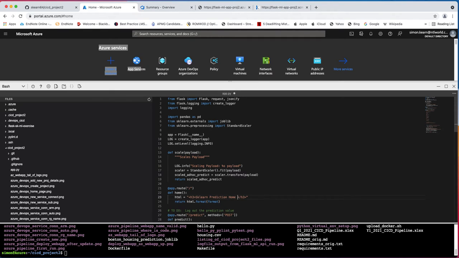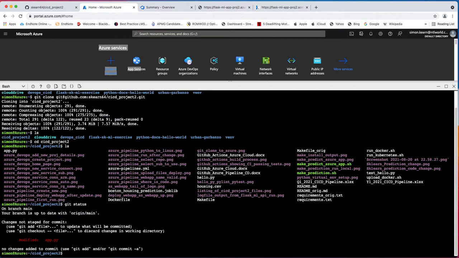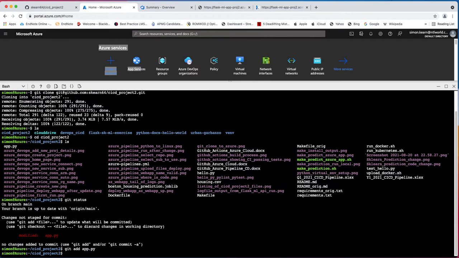So we're going to say service for CICD, and we're just going to save that. If we go back to our terminal now, if we just close this editor so we can see the terminal a bit better, we're going to now do a git status, and that shows us that we've got an app.py that needs to be committed. So we do a git add app.py,